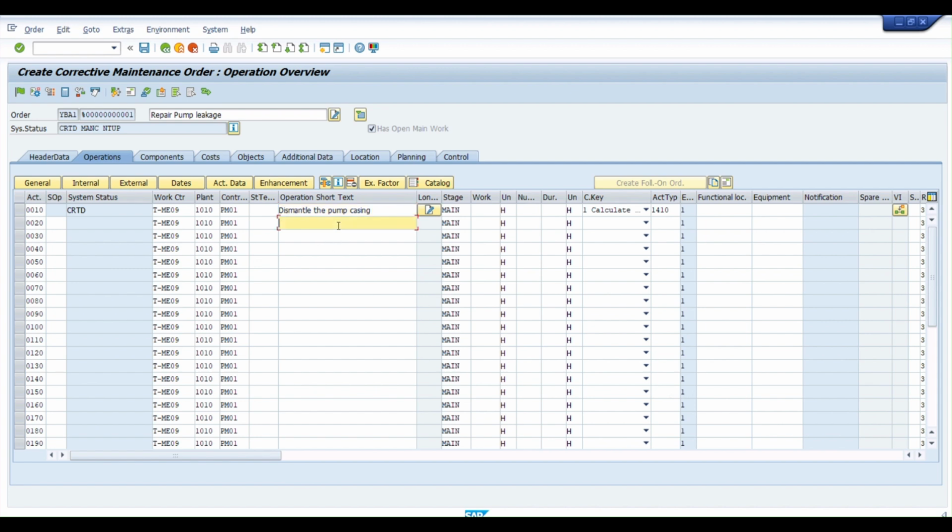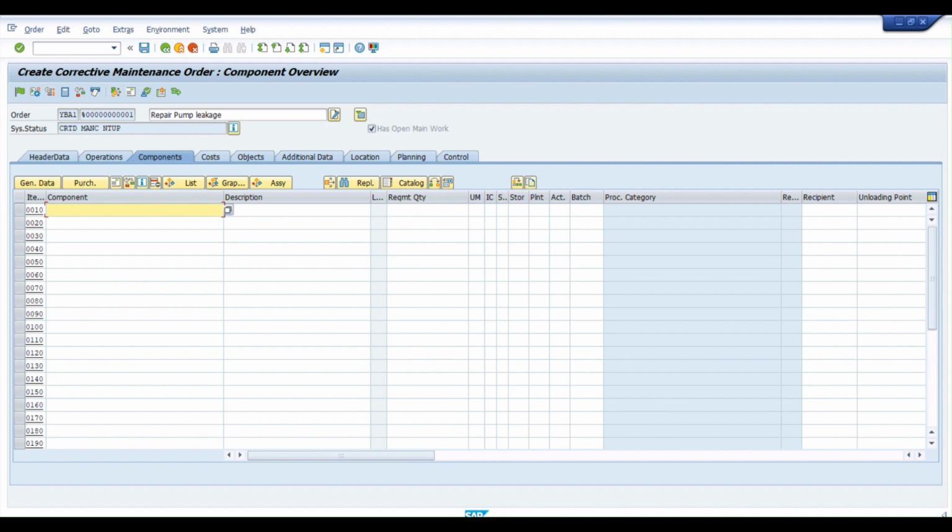I've already showed you in the task list. So similarly, you can just do this one. So 1 person or 2 persons are required for this one. Okay, 2 hours is required, and then you can select calculate work similar to task list. Okay, and then it will calculate the work automatically. Or if you wanted to calculate the duration, just select calculate duration, and there is a configuration for this calculation key as well that we will see. Okay, so kind of this, and then you can just go to components tab to assign the material that you